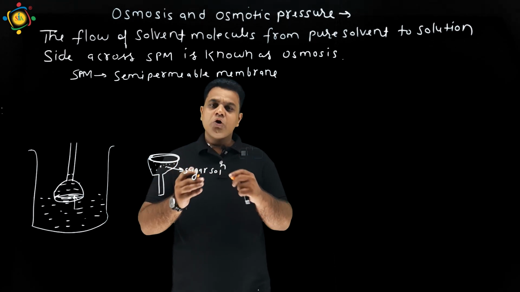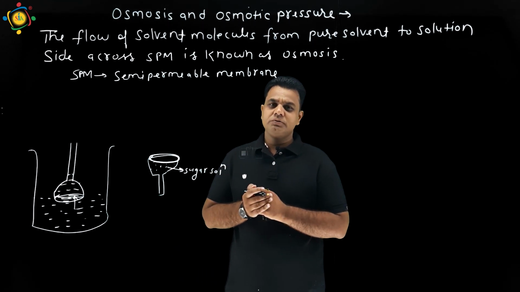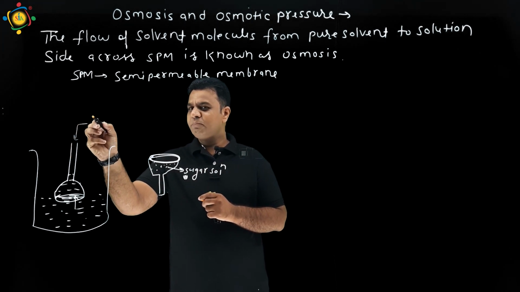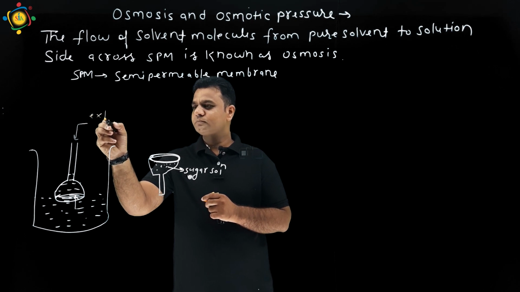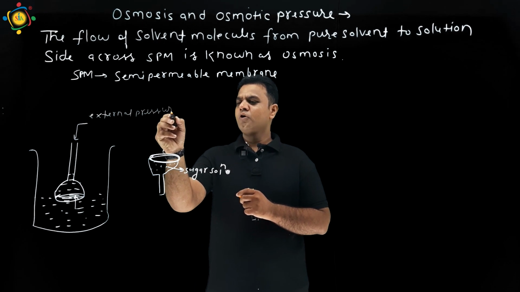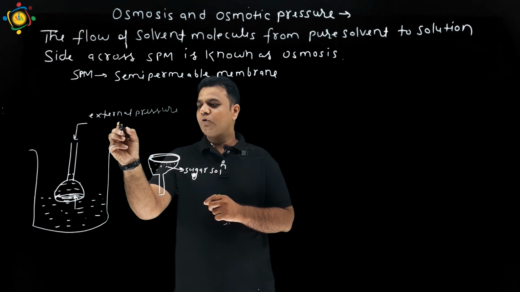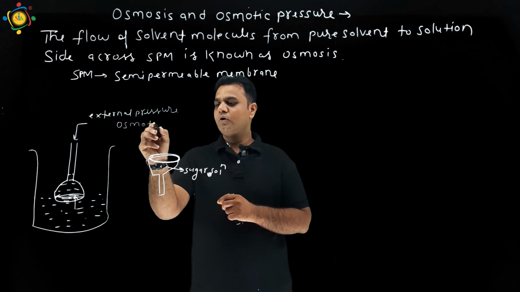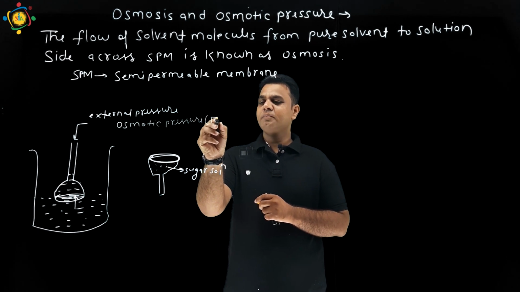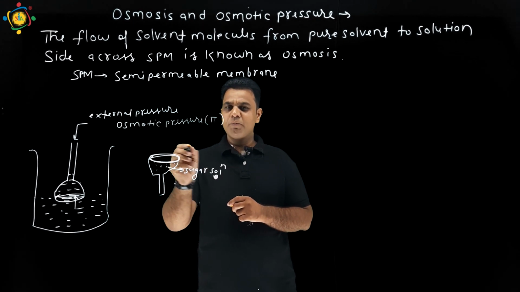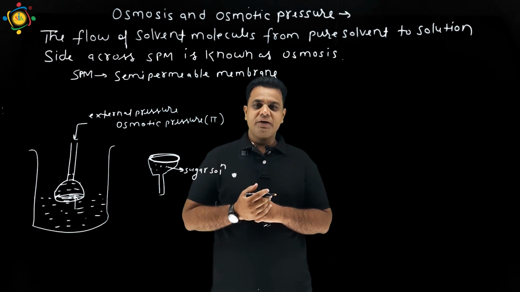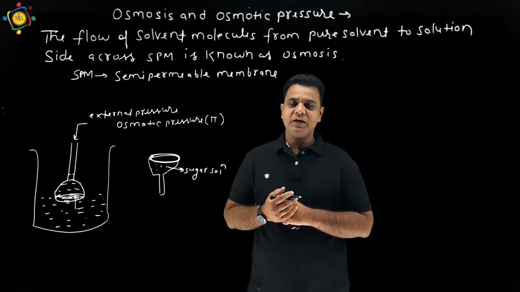To stop the osmosis process, we have to apply some external pressure on the solution side. External pressure on the solution side is known as osmotic pressure. Students, it is indicated by pi and it is a colligative property. Colligative properties are those properties which depend only upon the number of particles, not on the nature of solute